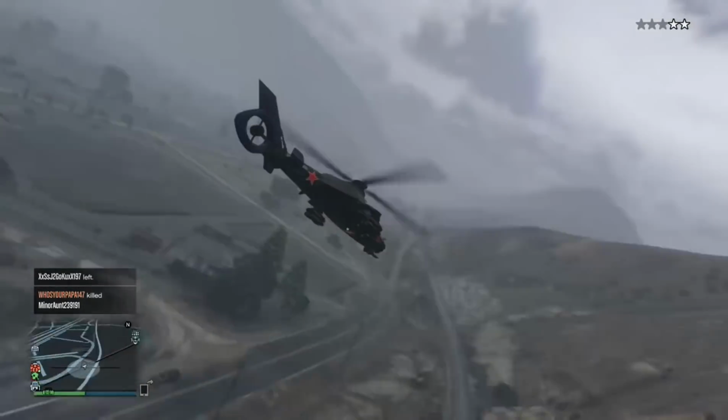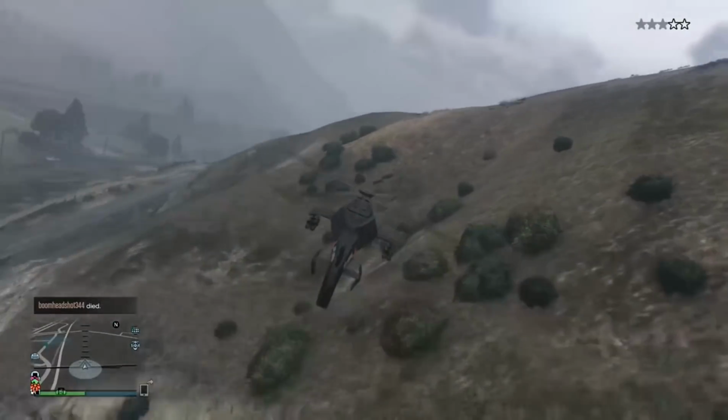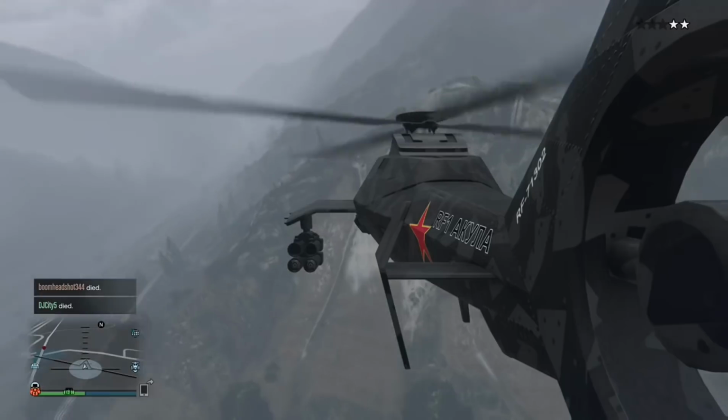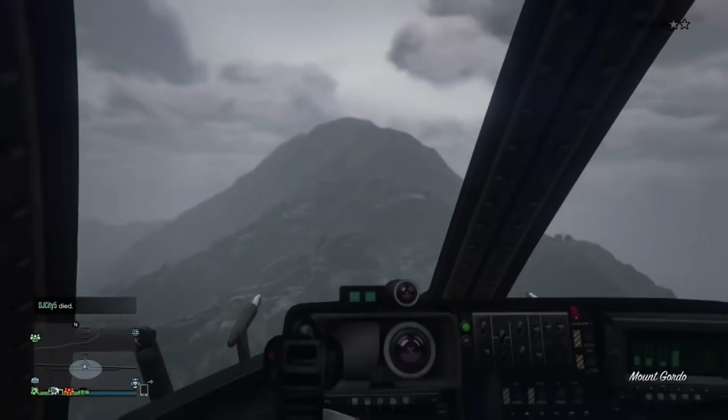So the first vehicle, or I should say helicopter, is going to be the Akula. Now the Akula is crazy good. It's got a stealth mode. You press right on the D-pad and you go into stealth mode, and pretty much it's not passive mode,